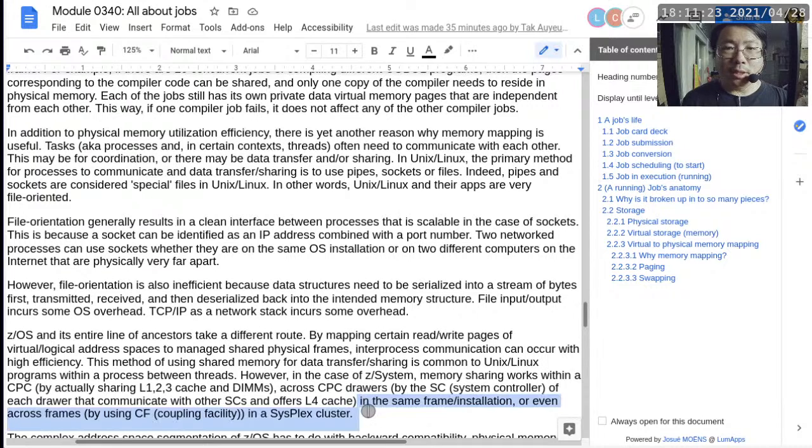And in the same way, this method of sharing memory can be done even across frames, across installations, because as long as they're inside the same sysplex cluster, the CF, the coupling facility, which is a hardware component, actually does allow an illusion of shared memory across tasks that are running in different installations in the same sysplex cluster. So that really